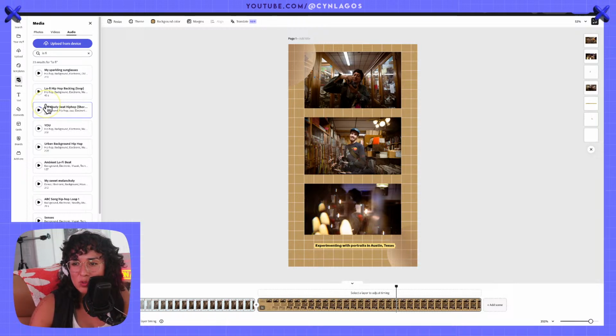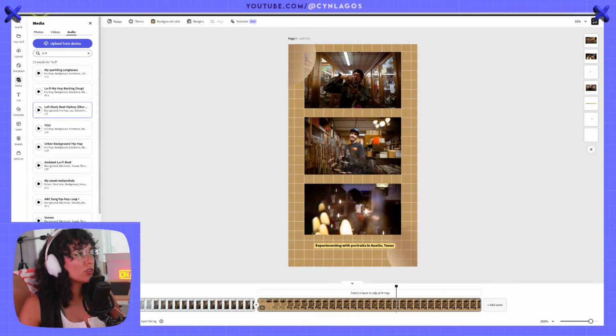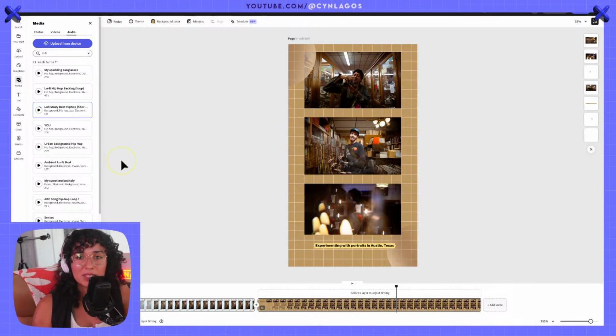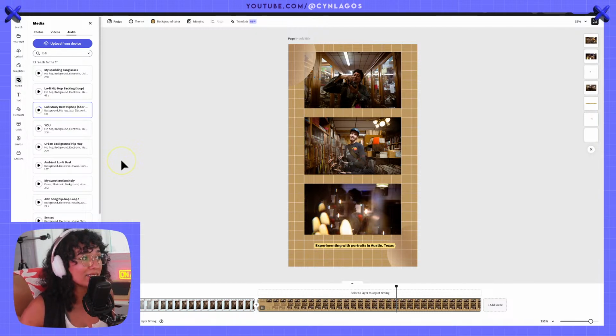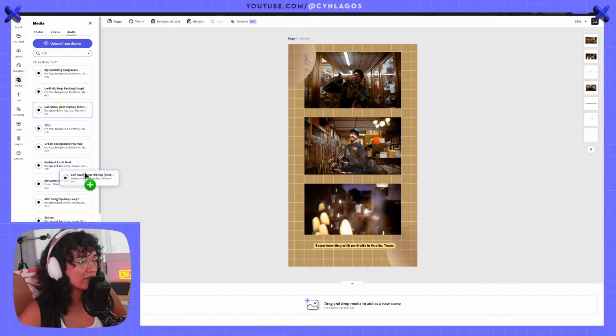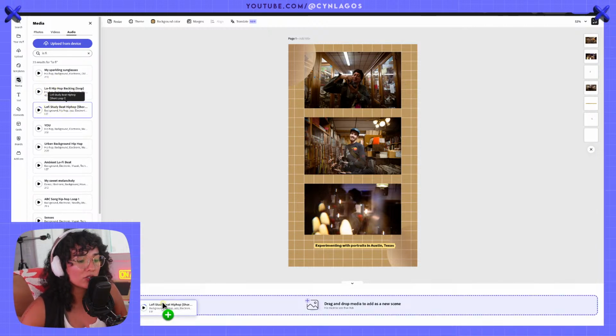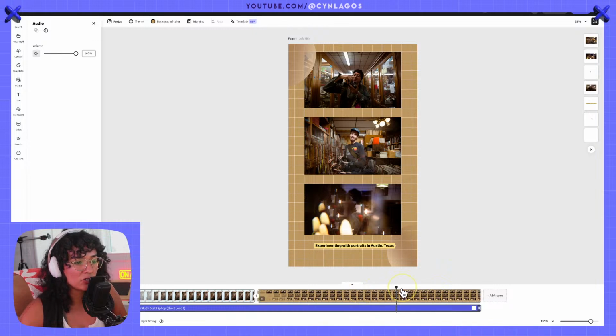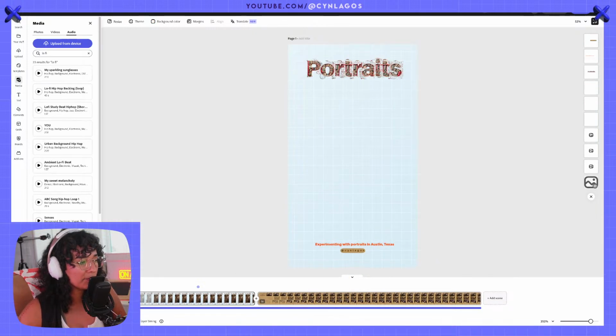Hajar says, what site or applications do you modify these on? Oh, so this is Adobe Express. That's what we're using. I know it's crazy. Am I finding songs? Yes, I am. So let's drop in. I think this last one was my favorite. So you just drag and drop that media and you should be able to replay it.